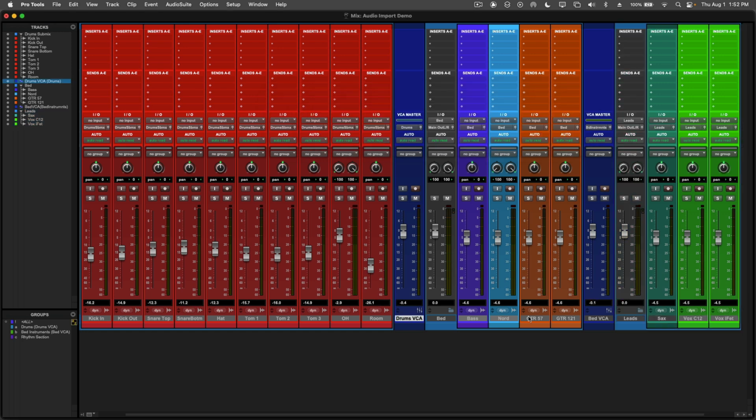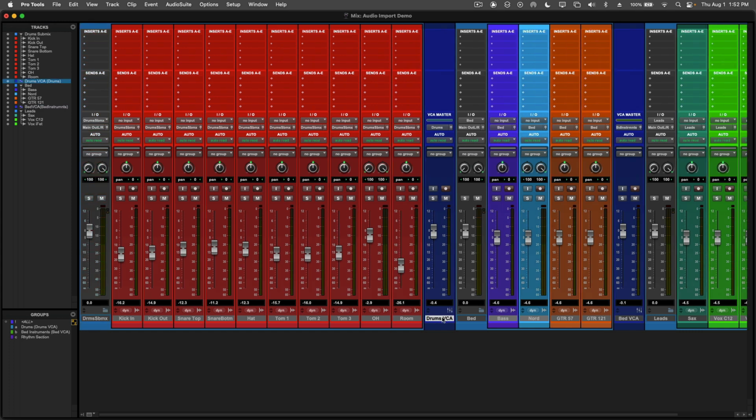I'm going to leave the VCAs out of the folder tracks. You could include them, no problem. If I want to include them, especially because VCAs don't have any audio routing, it's just a control track, I can slide those in, and you see how this yellow line sort of pops up around the perimeter there. That's telling me that I am nesting that track. Let's do that again there. If I take a track out,